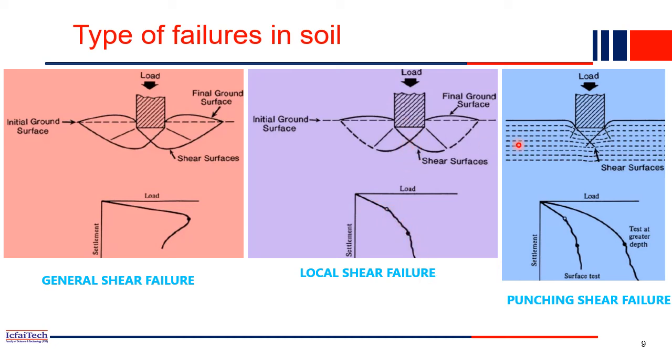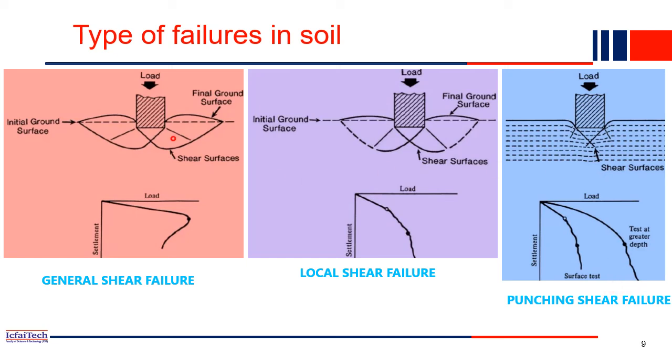And the third category in our soil failure mechanism is the punching shear. What is punching shear? When the foundation itself starts penetrating into the soil. In the first two cases, the soil has uplifted, right? But in punching shear, the soil won't uplift. Because of heavy load, or because of the low bearing capacity, the entire foundation got settled. Gradually it is settling, it is penetrating into the soil. That's why the name is punching shear failure.